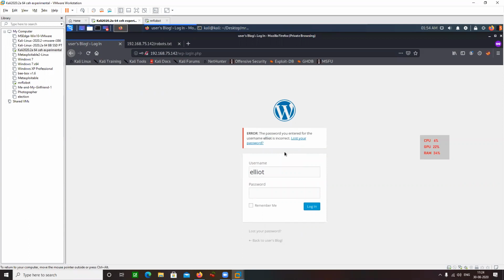Okay. So here we are able to see that we have got a valid username, that is Elliot. And it makes sense as well. It is relevant to the Mr. Robot show, that's the lead character. So one thing is sure, the username is Elliot. Now I need to do a brute force against the password field. I have a word list, I have the username, I have the page. Then let's go.